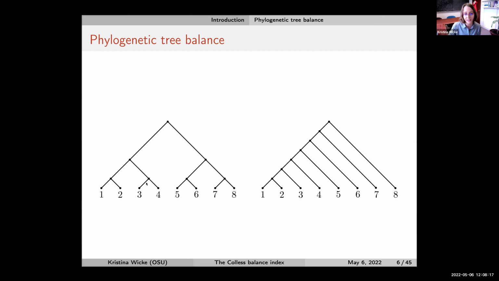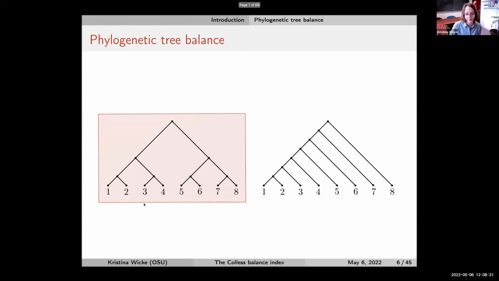On 8 leaves, then you will hopefully all agree that the left-hand tree looks way more balanced or symmetric than the right-hand tree, even just from a graph theoretical point of view. This tree has more automorphisms and so forth than the right-hand tree. So we would consider this tree probably more balanced than this other tree. And in fact, we call this tree the fully balanced tree, and this is considered to be perfectly balanced, whereas